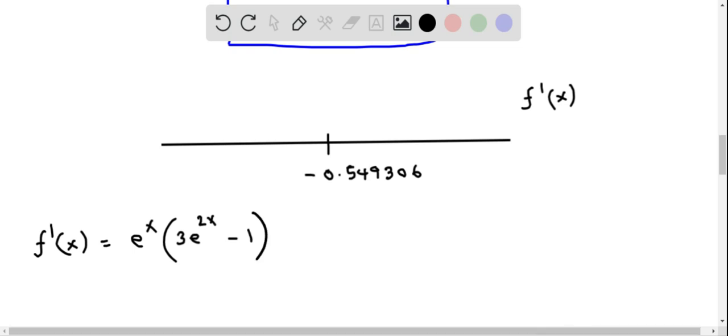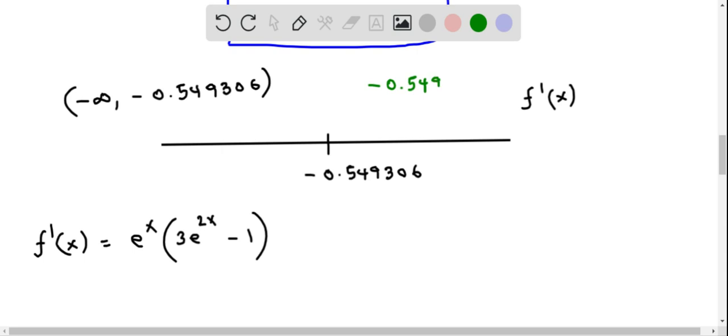So here we have two intervals, that is from negative infinity to this critical point, negative 0.549306. That is one interval, negative infinity to negative 0.549306. This one is to the left of this critical point, and then the other interval is from negative 0.549306 to positive infinity. So let's consider some random points to the left and to the right of this critical